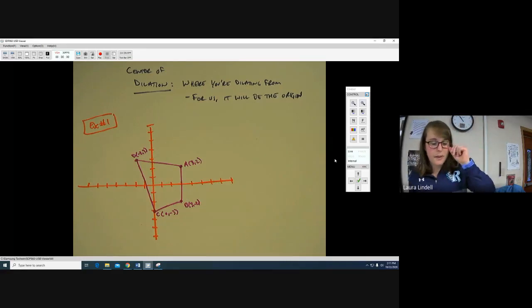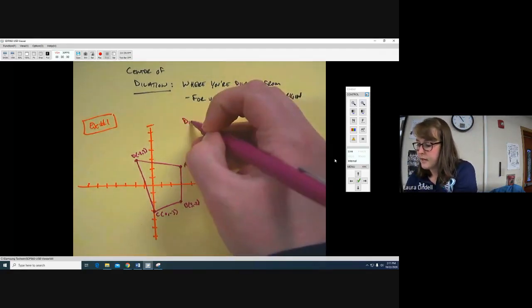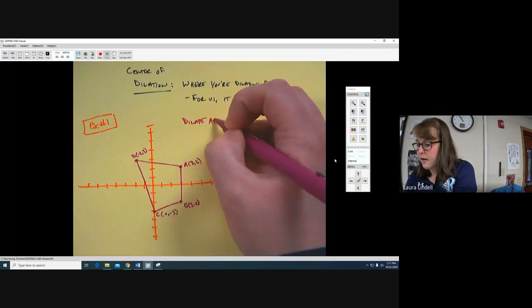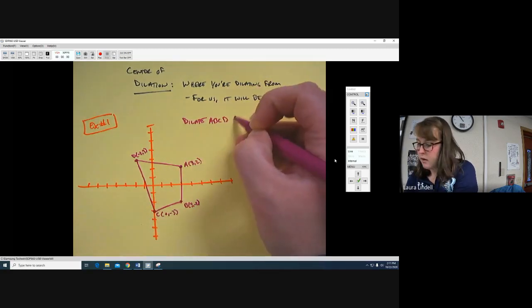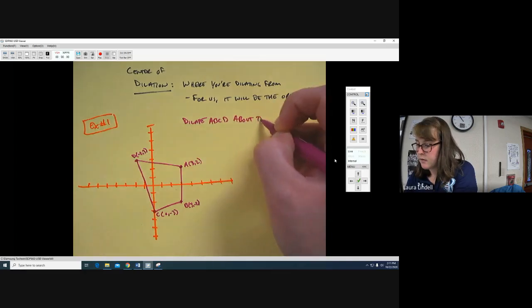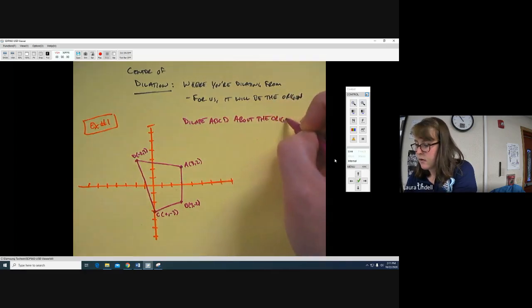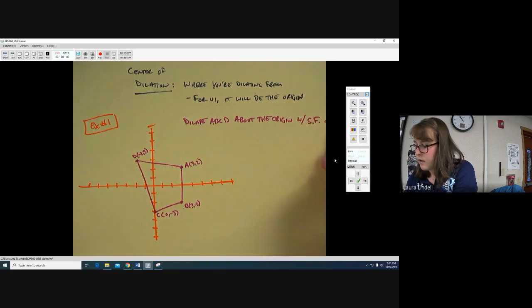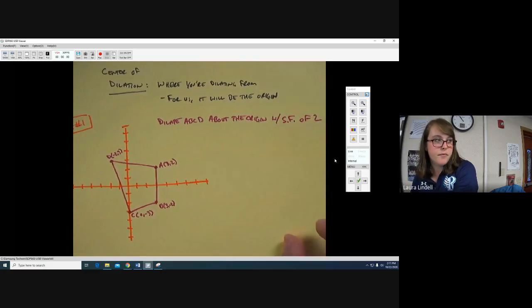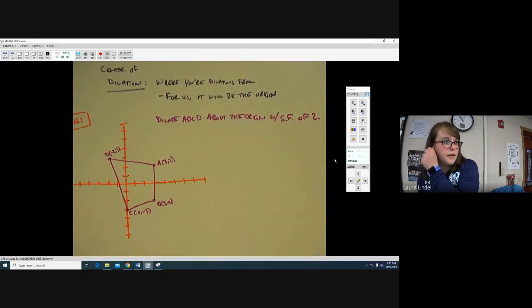So there's our original shape, and we're going to be asked to dilate ABCD about the origin with a scale factor of 2. Dilated about the origin with a scale factor of 2. So this would be the complete set of instructions that we would be given, and we want to know what